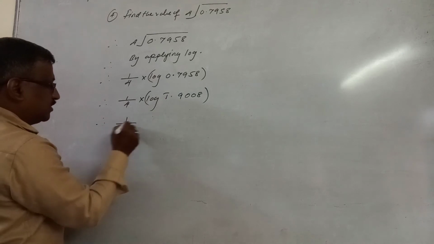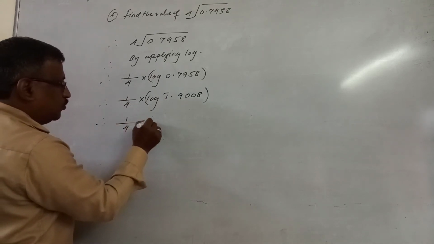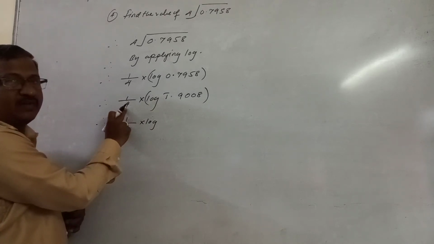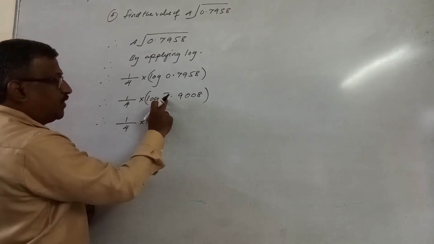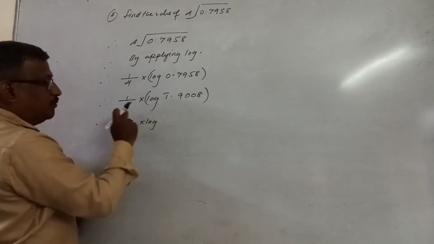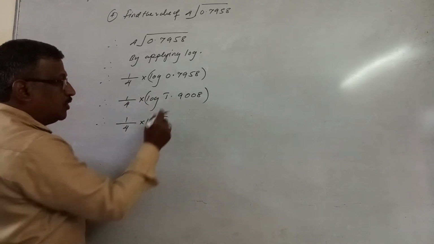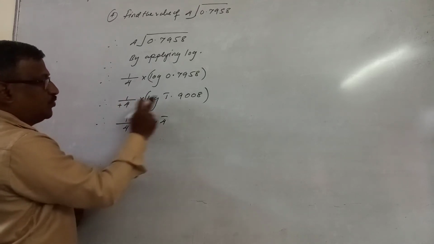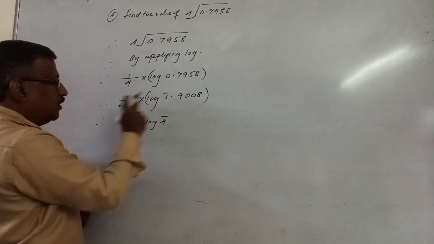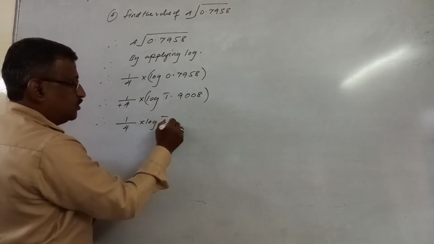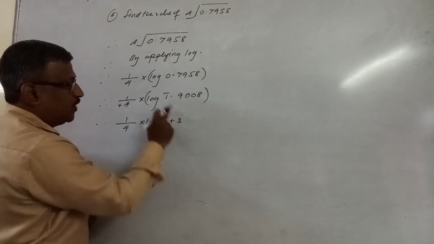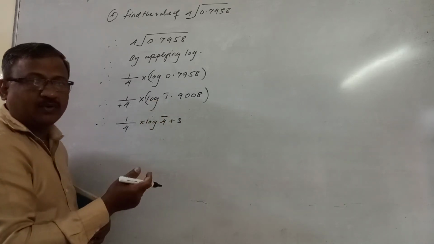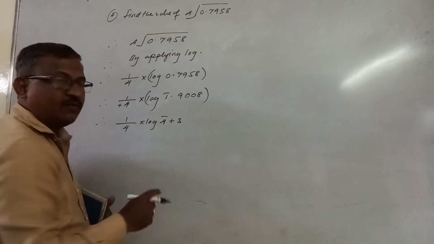So how do you do the adjustment? Keep this 1/4 as it is into log of. Now in place of bar 1 you have to write the divisor. What is my divisor here? 4. So instead of writing bar 1 you write bar 4 here. Then you solve these two values. Divisor is plus 4 and numerical value is minus 1. So plus 4 minus 1, result is plus 3. Means if you solve these two values, we have to get this. So minus 4 plus 3, result is bar 1 minus 1. Means whatever adjustment we have done, that is correct.